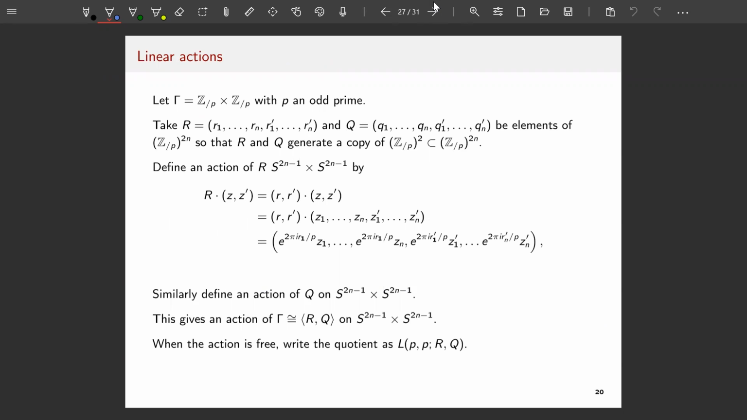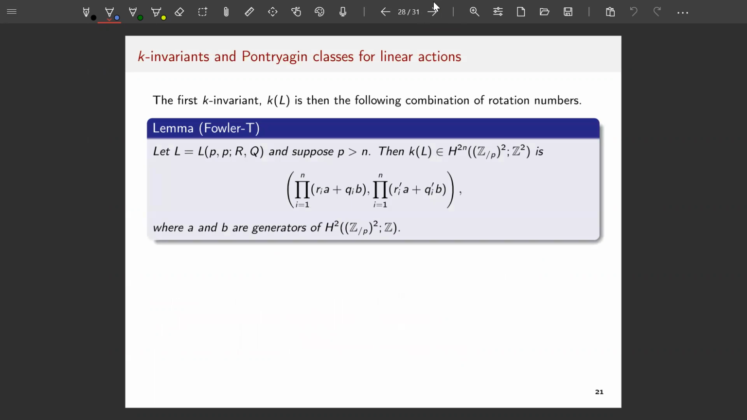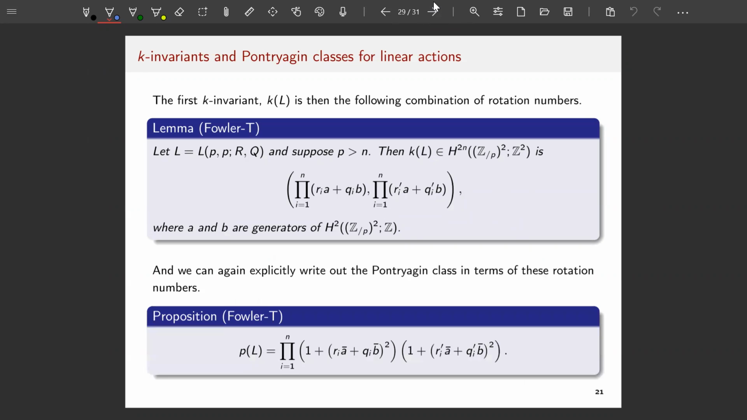There's a lot here. This is defining a linear action. I know there's a lot to process there, but it's basically thinking about ZP cross CP doing rotations on the first sphere and the second sphere. So you end up with these 4 sets of rotation numbers. It turns out once you define this linear action, you can do things like define the k-invariant and define the Pontrjagin classes. And so you can go through some similar calculations,